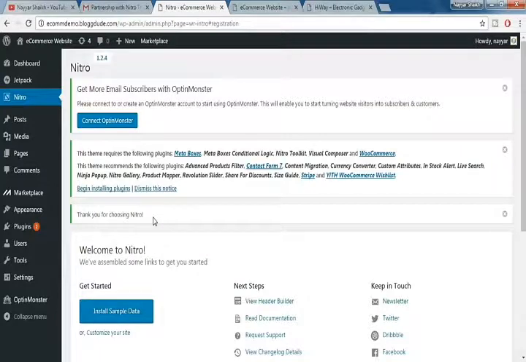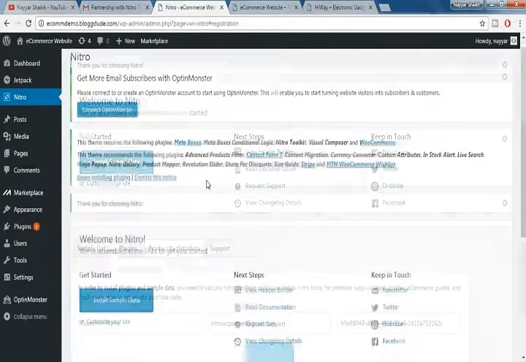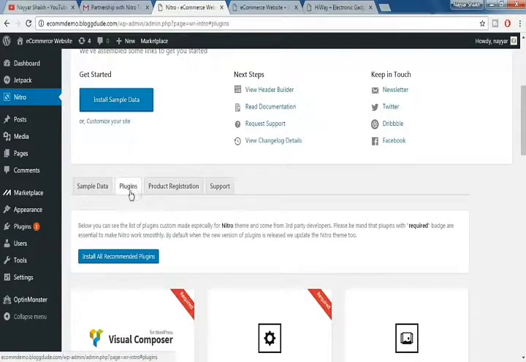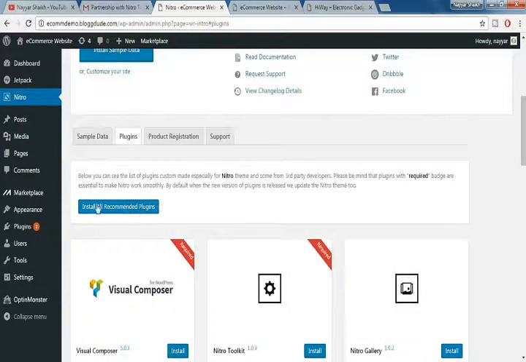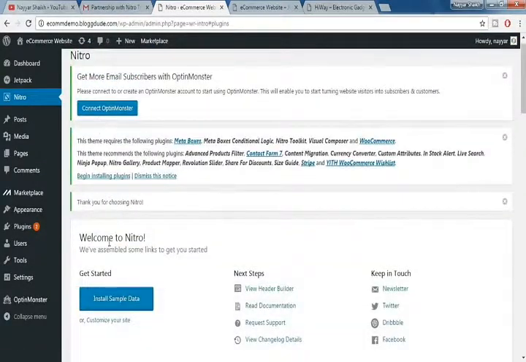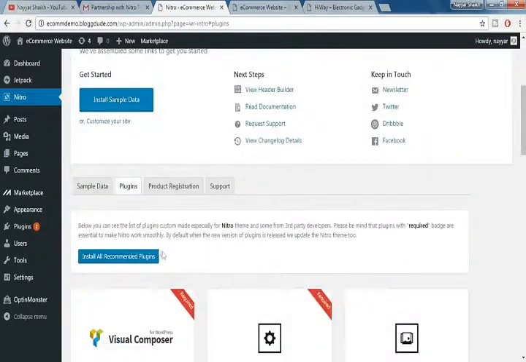Okay guys, so once you put in the email address and your purchase code, you'll get this message: thank you for choosing Nitro. Now what we have to do is install all the plugins which we need. So for that, just click on over here, begin installing plugins, or if you don't get this option, then come down and here you'll see plugins. So from here, click this one, install all recommended plugins. So you can either install it from here or install it from here. It's all up to you. So click on install